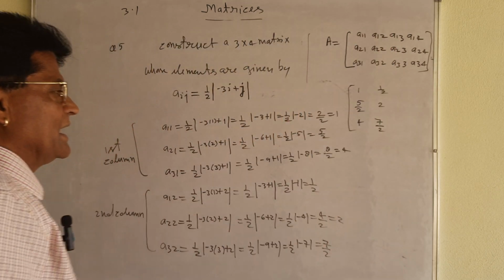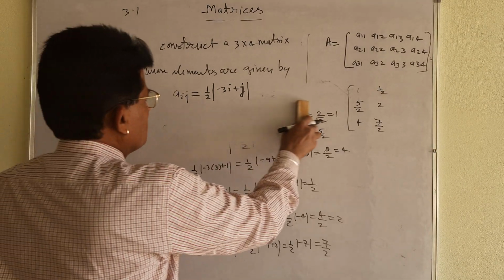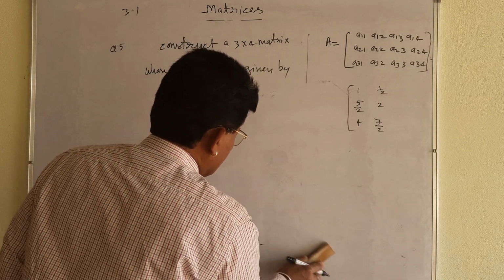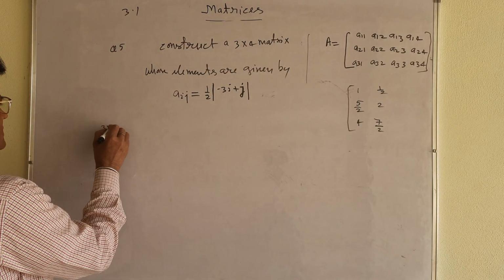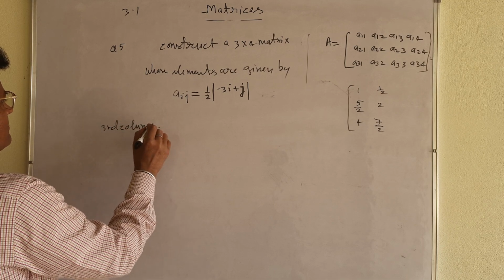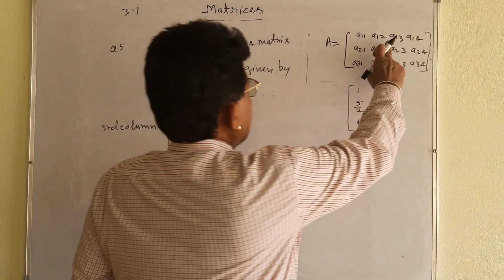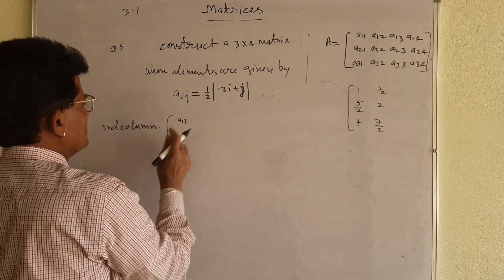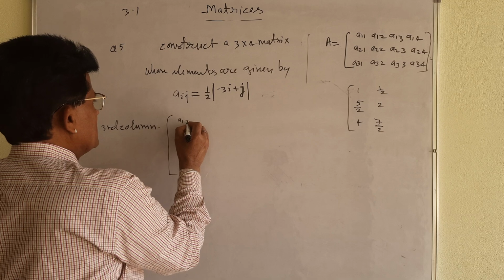Similarly, you find out the elements of the other two columns. Let me take third column. Third column के elements निकालेंगे अभी हम लोग. Similar kind of thing, you will have to use. थर्ड कॉलम के एलिमेंट क्या क्या है भाई बताइए. थर्ड कॉलम में देखिए, A13 की वैल्यू आप निकालेंगे. A13 means